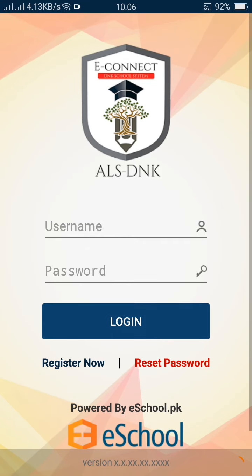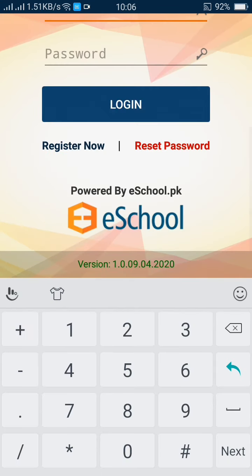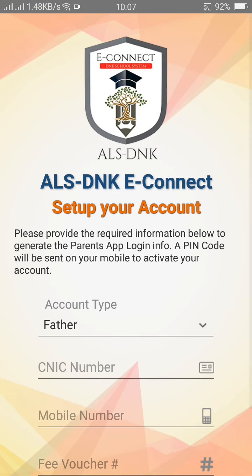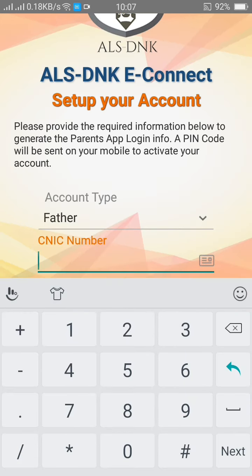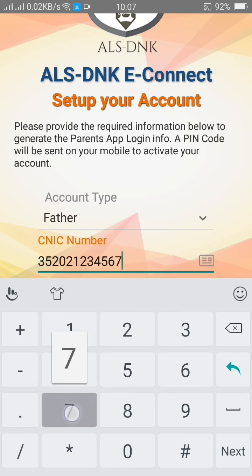Its small icon will also be shown on your mobile screen. So now you are to click on register. As you see, you need to type some info like father or mother name, and then type your ID card number